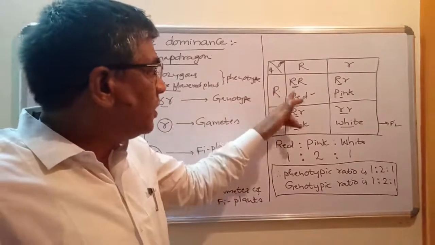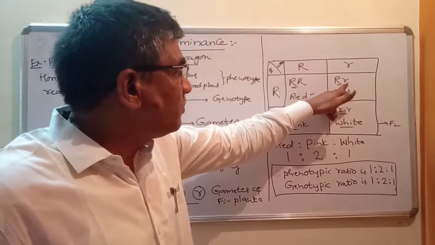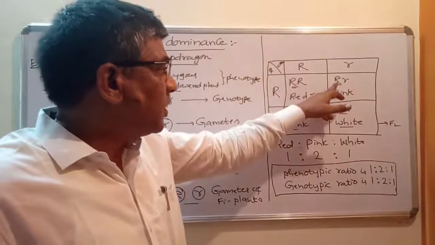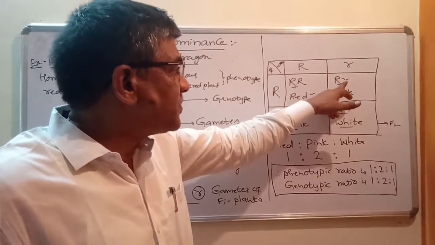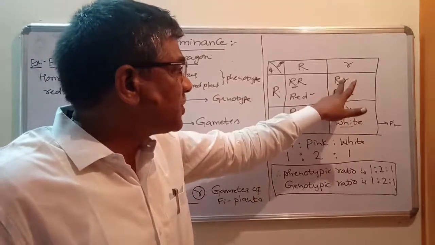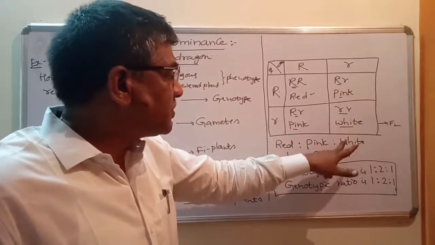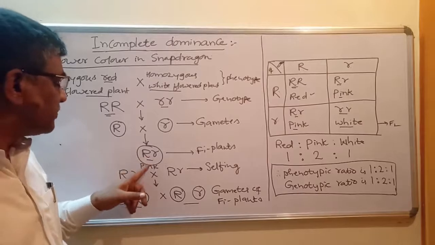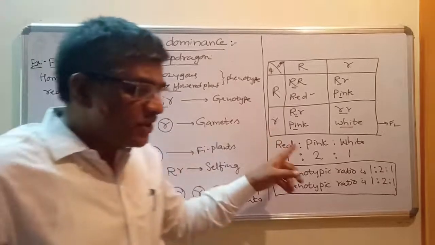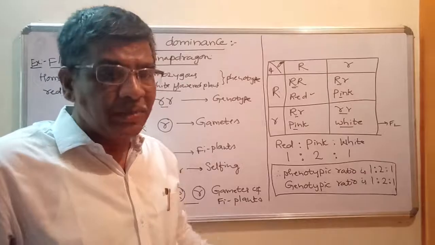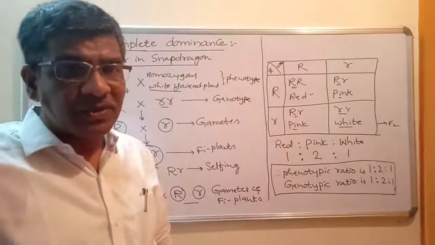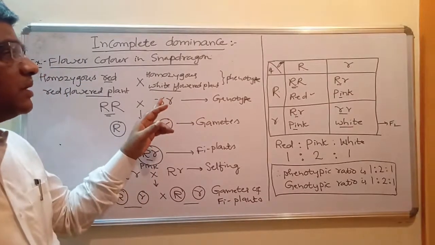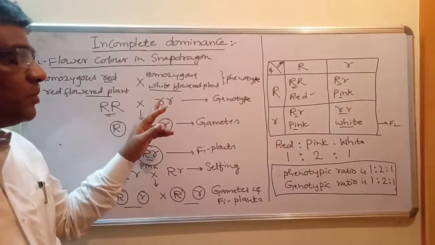According to Mendel, the dominant gene is completely dominant over the recessive gene, but when it is studied in this particular plant, the dominant gene failed to suppress the recessive gene completely. Therefore partial expression of both has taken place, which resulted in the formation of pink flowers in the F1 generation. So all F1 generation plants are pink flowered plants, and in the F2 generation parental combination and recombination appeared. This concept, which we call incomplete dominance, is very important for 5 marks in the second PUC examination of Karnataka PU board.